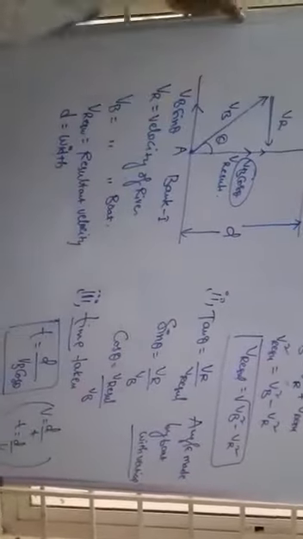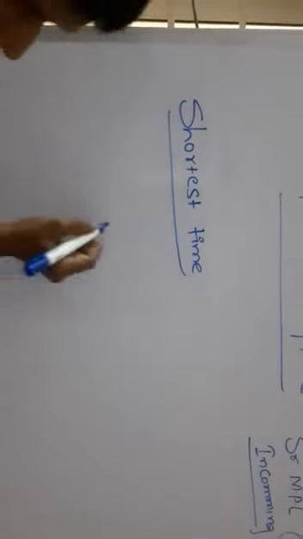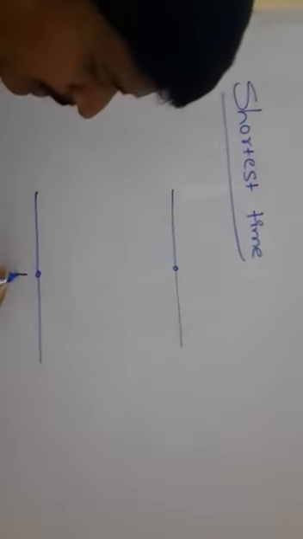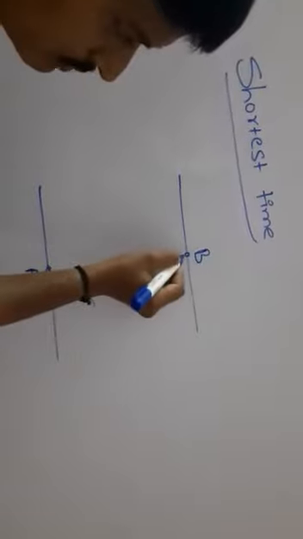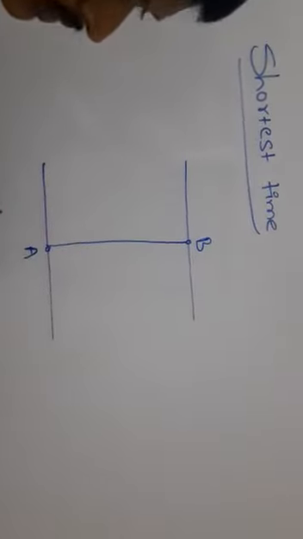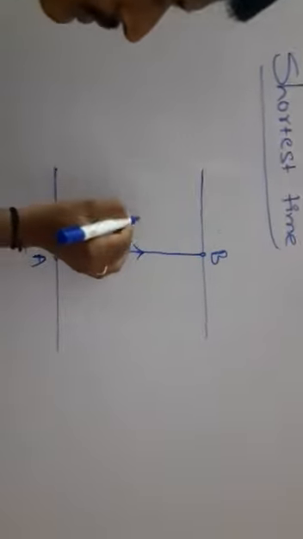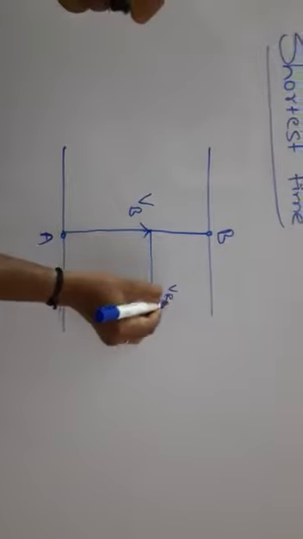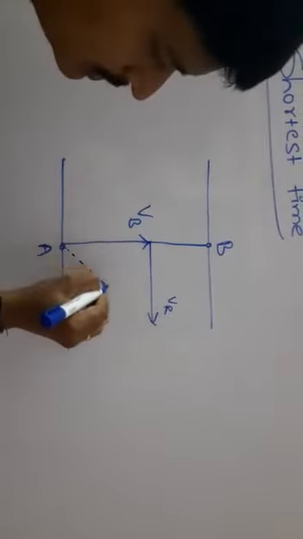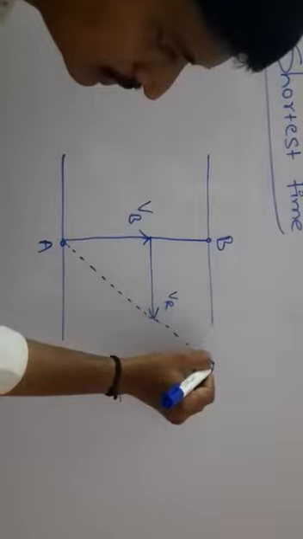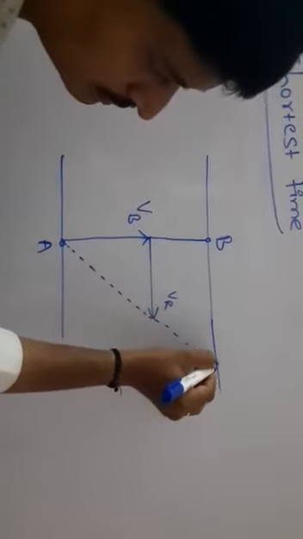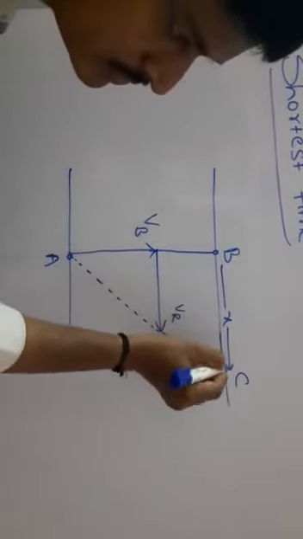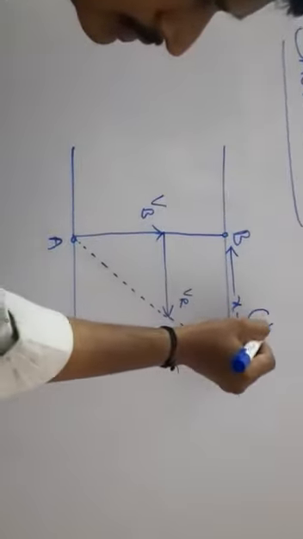Wasted time. For example, the boat moves from bank A to bank B in a short interval of time. So the boat must be rowed in the direction of B. Due to river flow, the boat reaches another point on the other bank of the river. This distance is called drift. X is called drift.